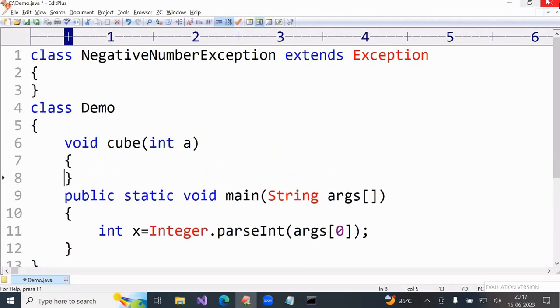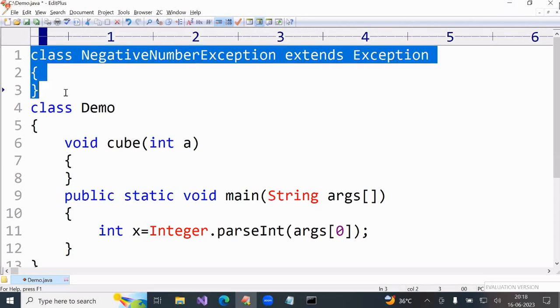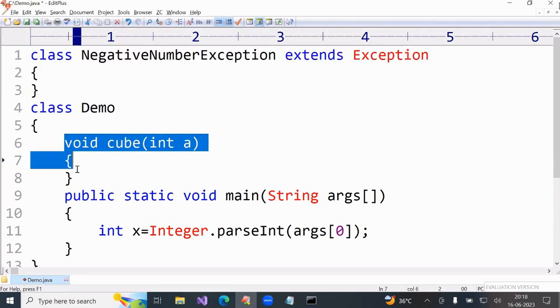Like this. Now, you observe, we are calculating cube. Here, it will take one number. We'll write the logic here. Here, you observe, the exception we created, that is, we have to apply to this method. Because, you observe,